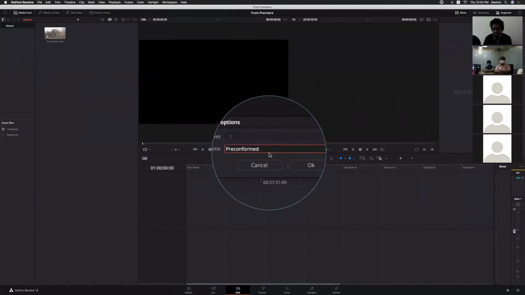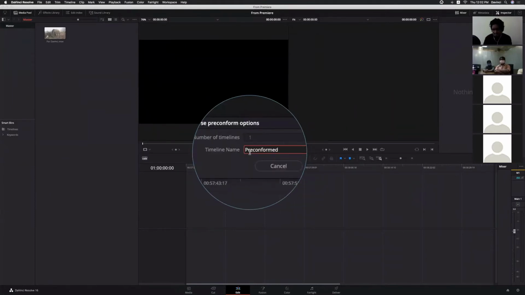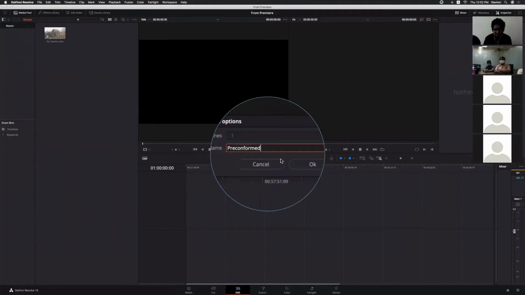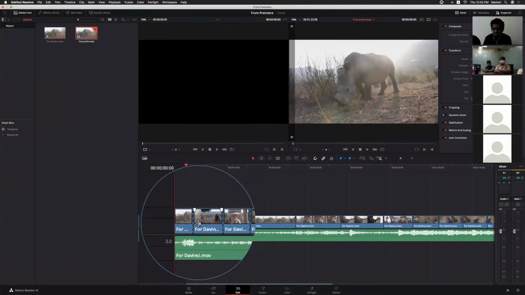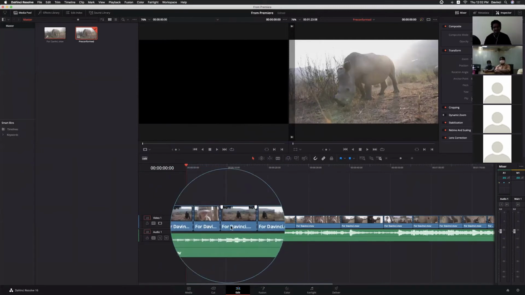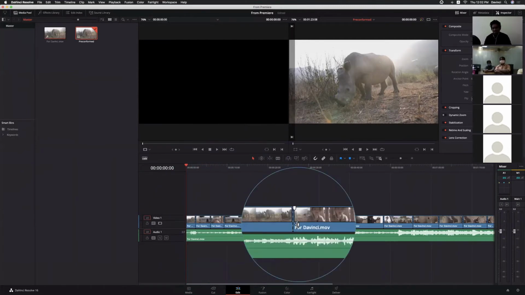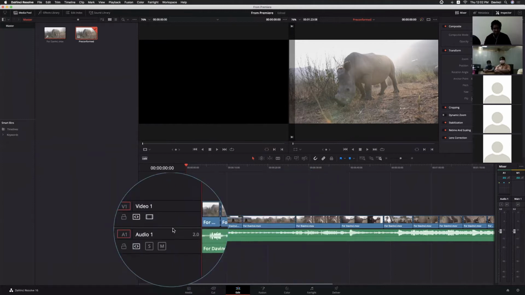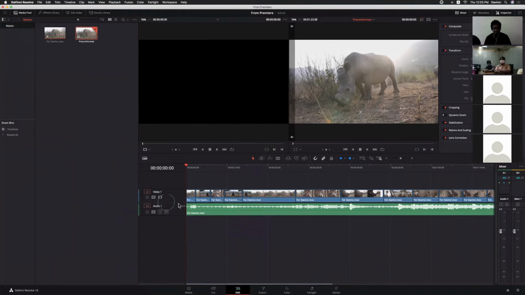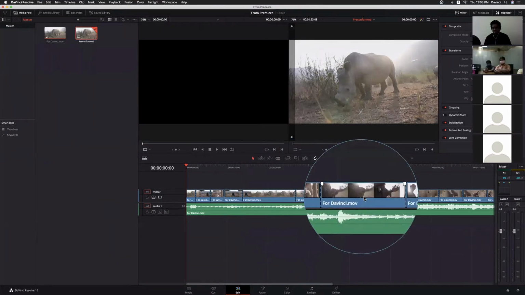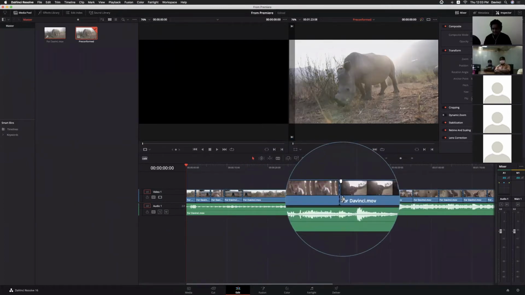And if you want to rename it, you can go through all these options. I'm just clicking OK. Now see, it already added along with the cuts. Can you see the edit points here? Yes.